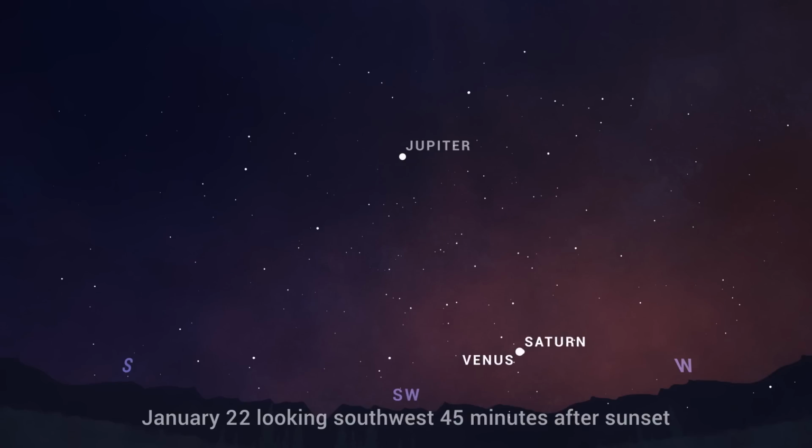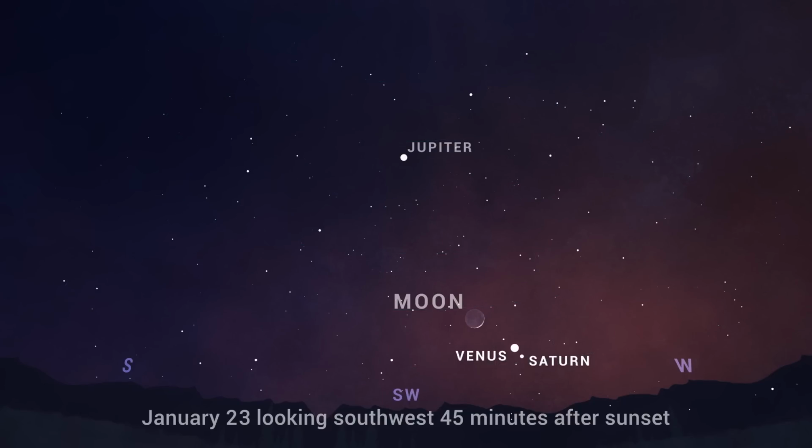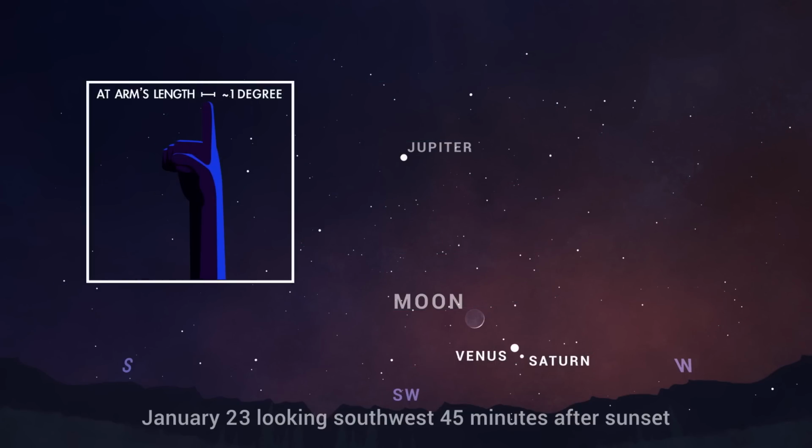The 2 planets appear their closest on January 22nd when they'll be only 1/3 of a degree apart on the sky. You'll be able to capture both of them in the same field of view through binoculars or a small telescope. On the 23rd, the 2 planets are still only a degree apart and will be joined by a slim